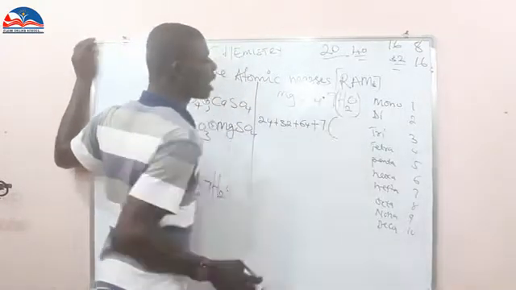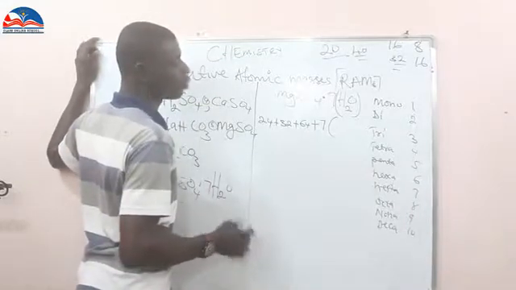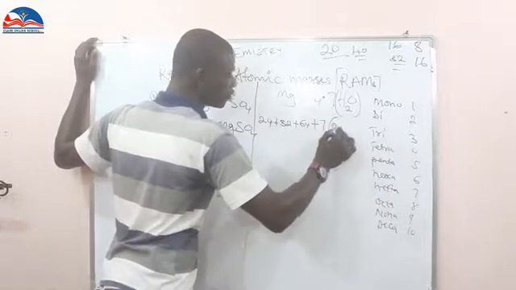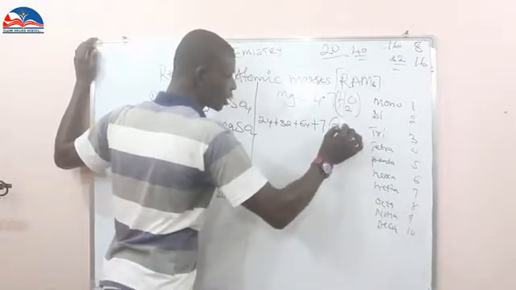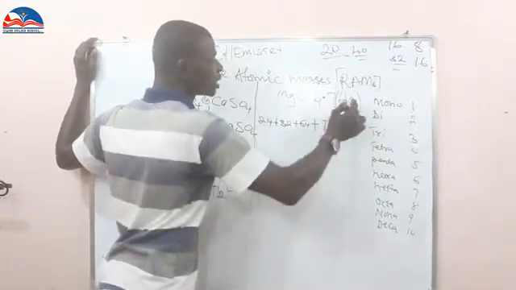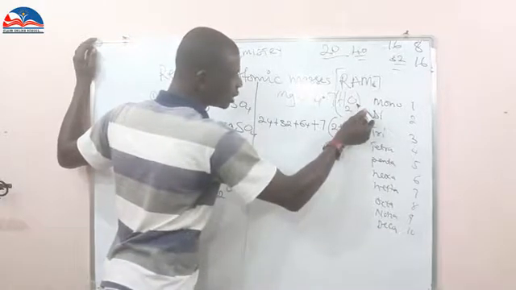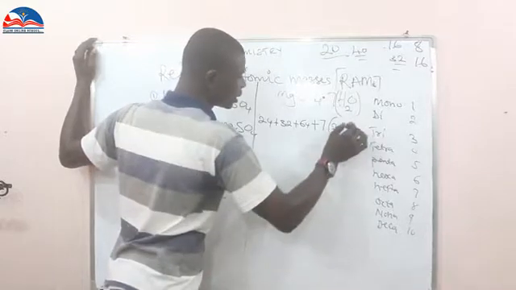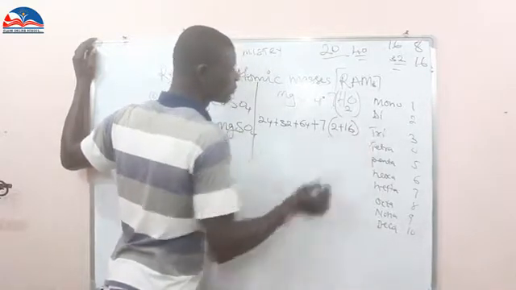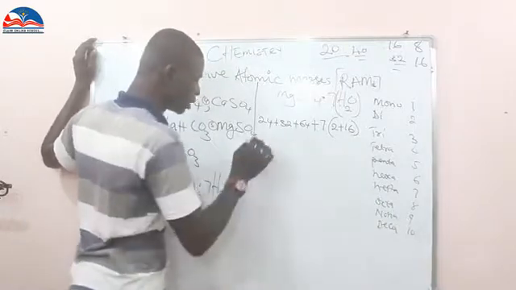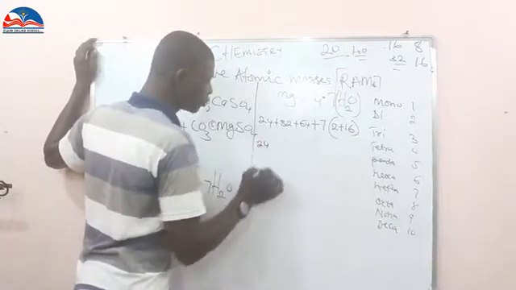What is the mass number of hydrogen? 1. 1 times 2 is going to give me what? 2. You put your plus here. Oxygen is how many? 16. Is there anything multiplying oxygen here? No. You now write 16 here. You close it. 2 plus 16 is going to give me what? 18. And I'm going to have 24,